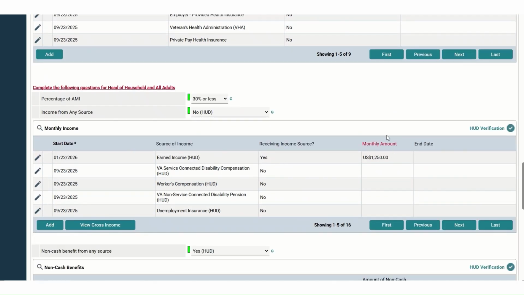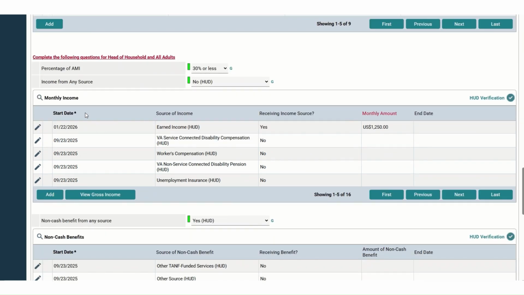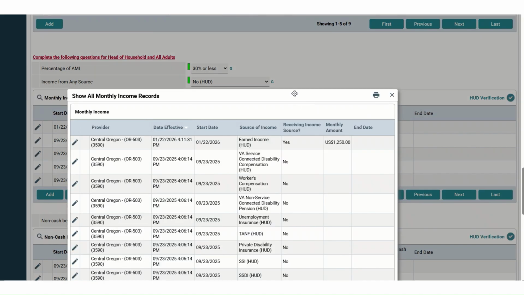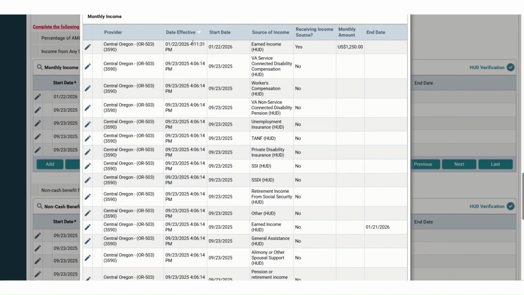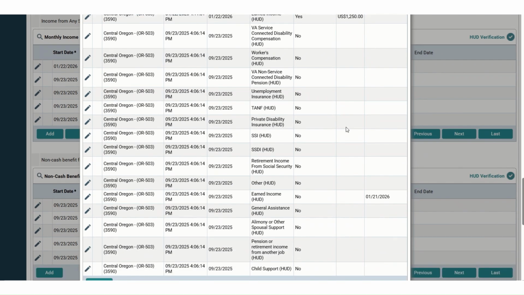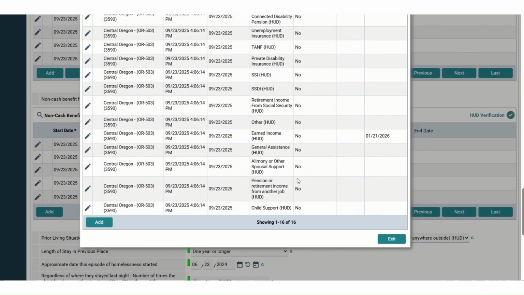And there has been a very slight change in their income. So we're going to go in there and we're going to look at that chart as well. So I can go into monthly income, and you'll notice that this person didn't have any income until January 21st. Then they got a job and they started making some money on January 22nd, and they're currently still making $1,250 a month. So that's accurate. Now, this person has just recently started receiving some pension benefits. So I'm going to go to this record. This is pension,